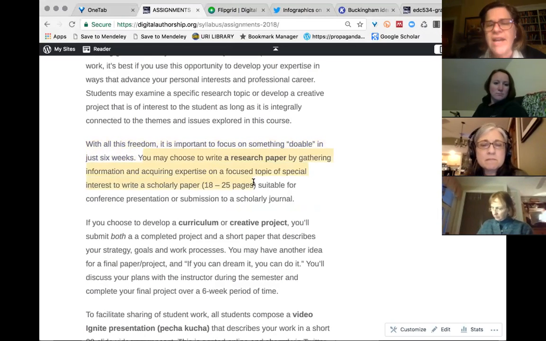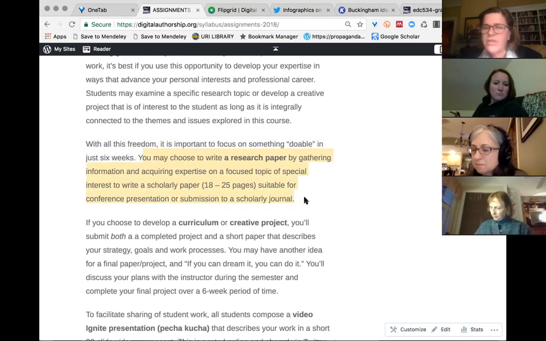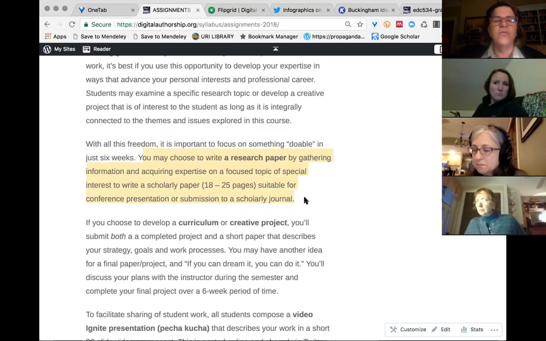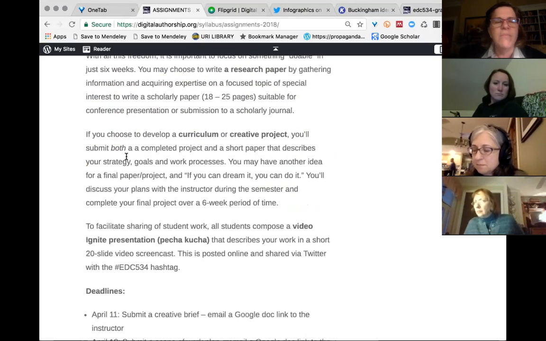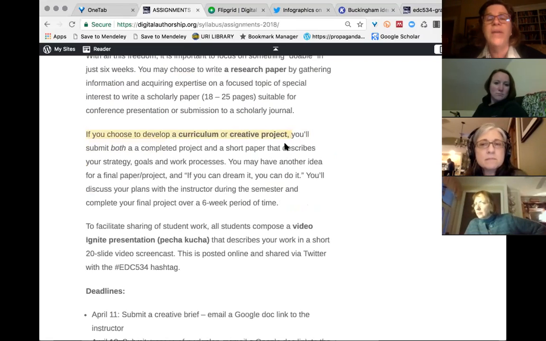So if you write a research paper, there's a few of you writing a research paper, that's a big lift, right? But if you're doing a curriculum project or a creative project, that's also a big lift.